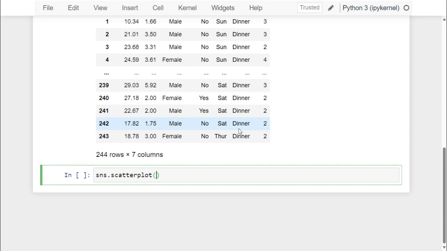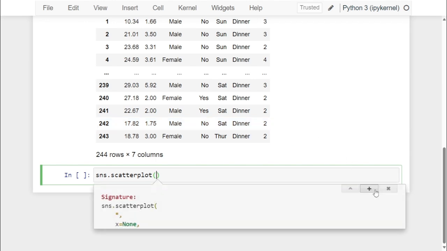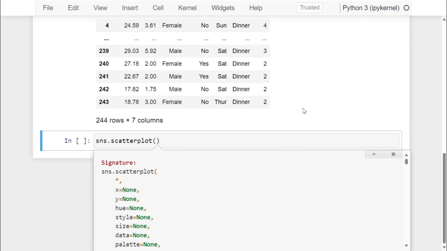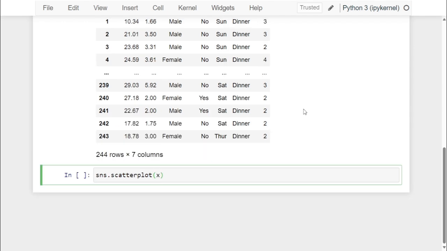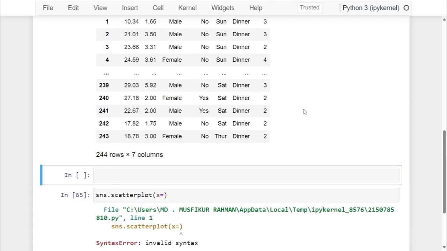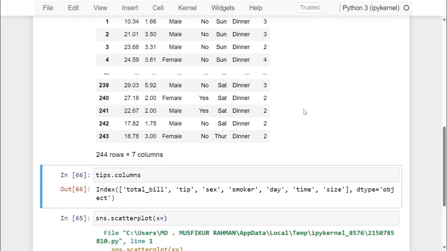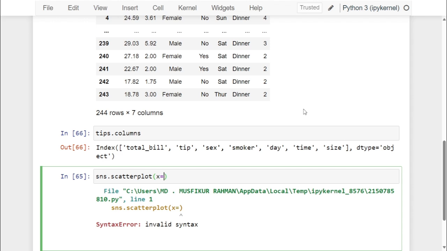Okay. Now what we are gonna do now? Our key magic command, that is Shift Tab in Jupyter, and see all the docstrings. Okay, there's x, there's gonna be y. Okay, let's put in our x and y, the x value. Before that, let me do another thing. Before that, let me check all the column names so that I don't mess up. Okay, fine. So we got all the column names of our tips data set. For x, we are gonna use, let's say, what? Let's use total_bill. Fine. For the y axis, let's gonna use tip itself, and the data set is